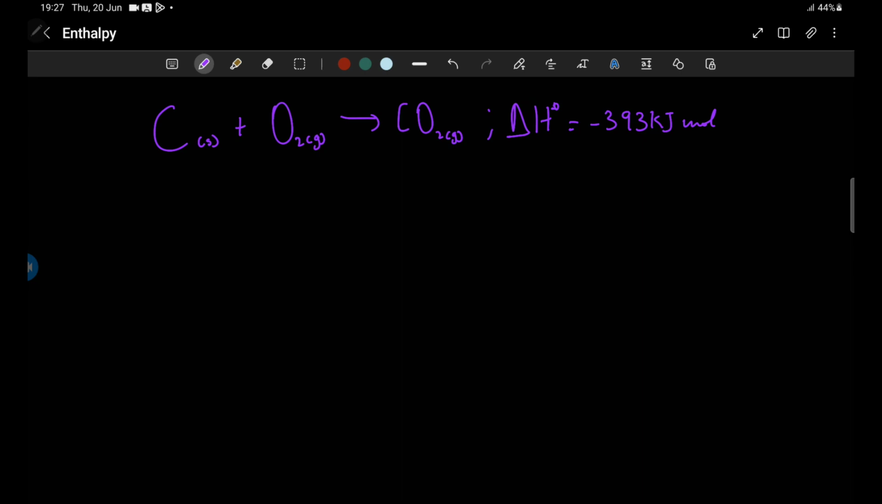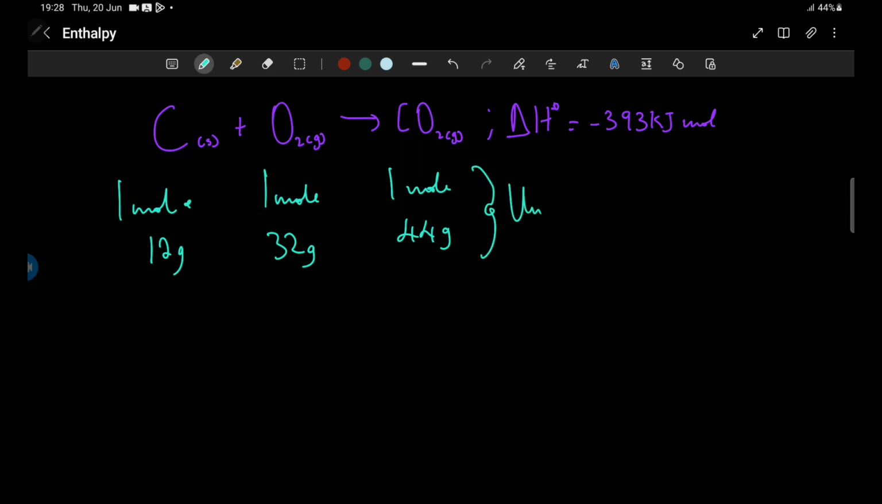Now, if you want to put this in a standard format, you would say that when 1 mole of carbon, which is 12 grams, reacts with 1 mole of oxygen, which is 32 grams (I wrote 33, that should be 32 grams), to form 1 mole of carbon dioxide, which is 44 grams, under standard conditions,